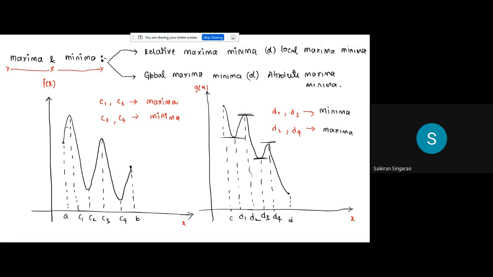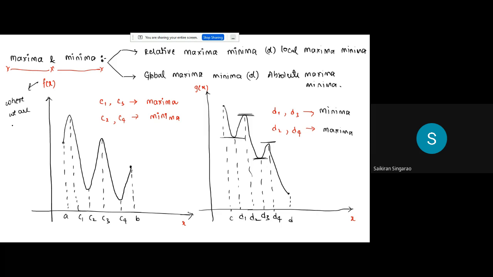Now let me ask you one more question. At what point is absolute maximum happening? Absolute means like maximum than everybody, right? Absolute means like सबसे ज़्यादा, where you are getting maximum value of the function f of x. In this particular graph, where are you getting maximum value of f of x?